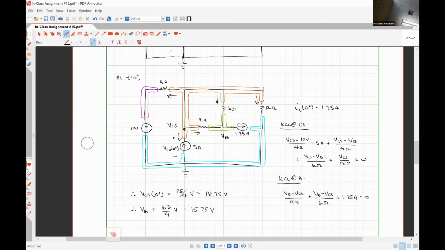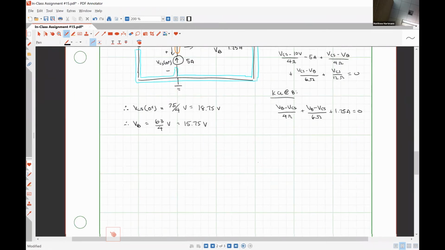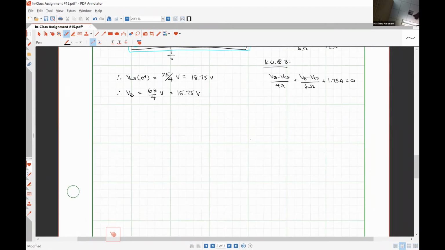So now we're ready to analyze the circuit at t is equal to 0 minus, I believe. Or excuse me, no, t is equal to infinity. Pardon me. At t is equal to infinity,